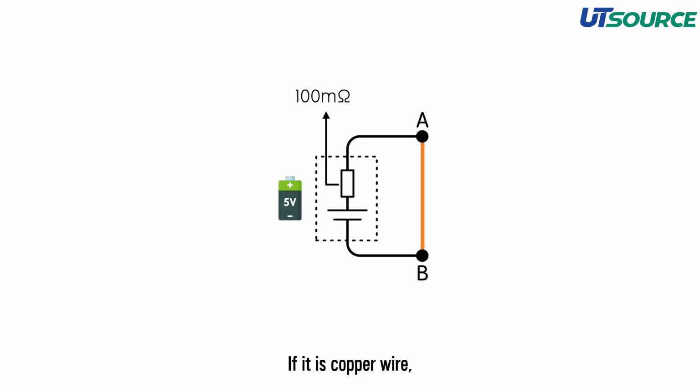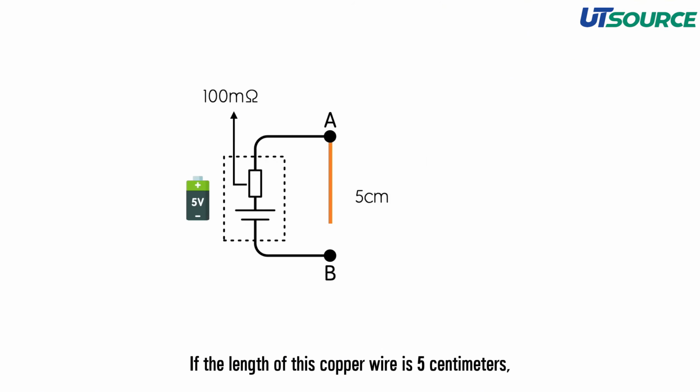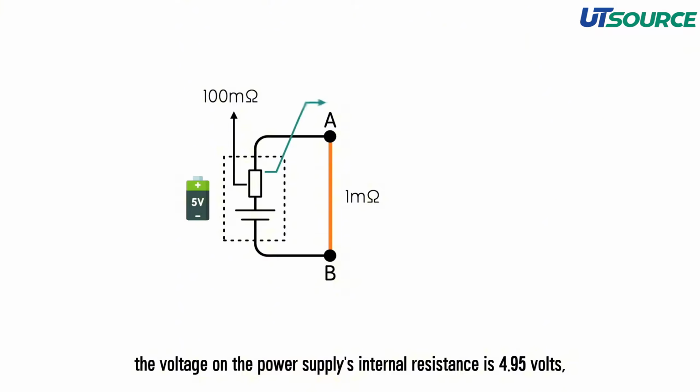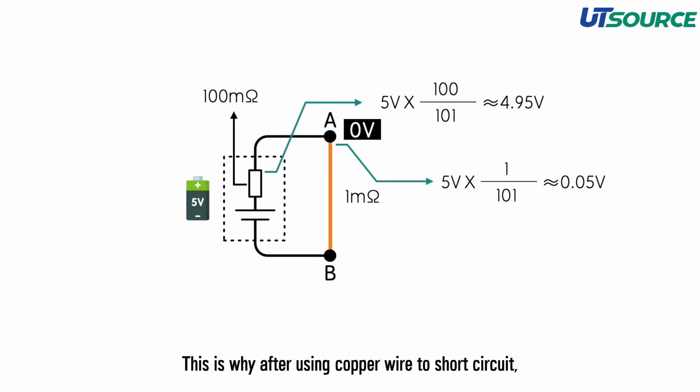If it is copper wire, the resistivity of red copper is 0.018 ohms. If the length of this copper wire is 5 centimeters, the resistance of this copper wire is 1 milliohm. Now let's look at it again. The voltage on the power supply's internal resistance is 4.95 volts, while the voltage on the copper wire is 0.05 volts, approaching 0 volts. This is why after using copper wire to short circuit, the 5-volt voltage will be pulled